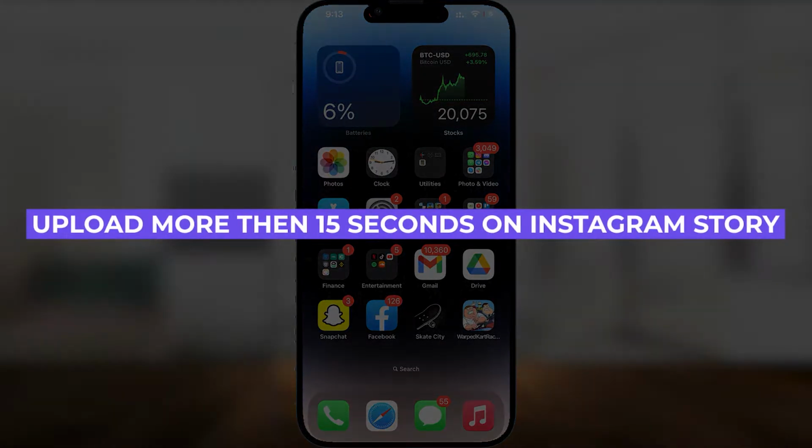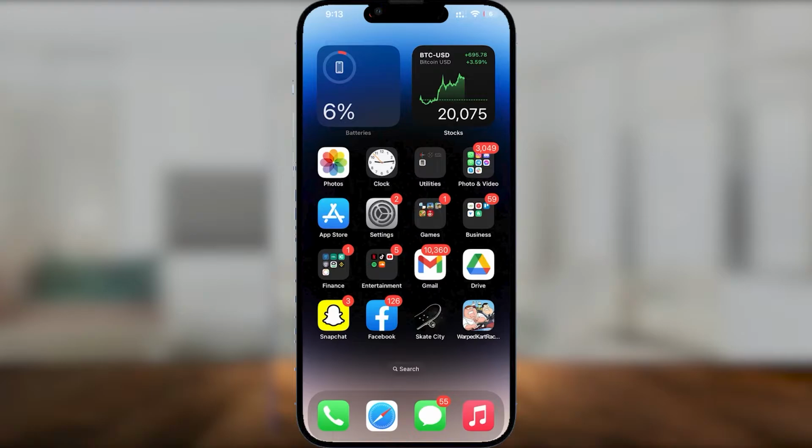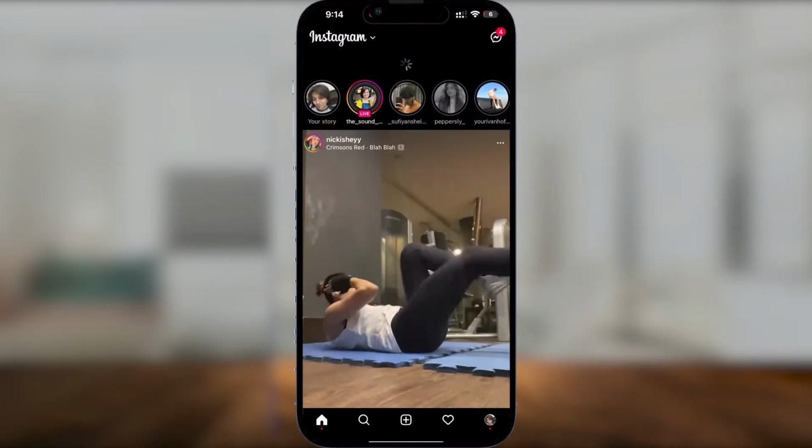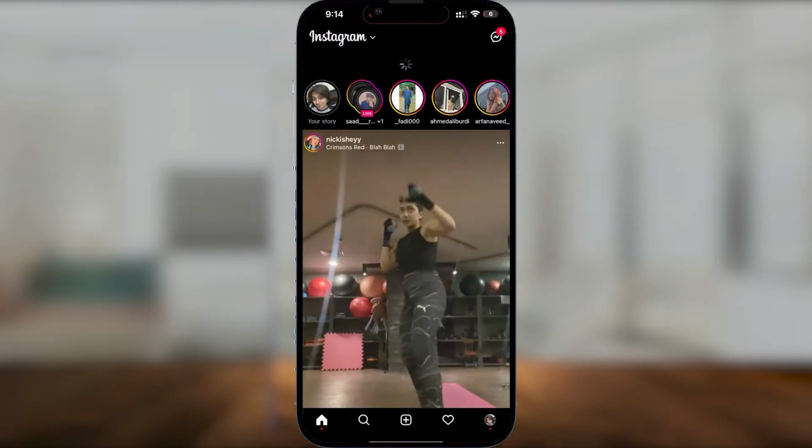How to upload more than 15 seconds in Instagram story. Hi guys, in this video I will tell you how you can upload more than 15 seconds on Instagram story. Firstly, open up Instagram on your phone, and then once you have Instagram opened up, now from over here